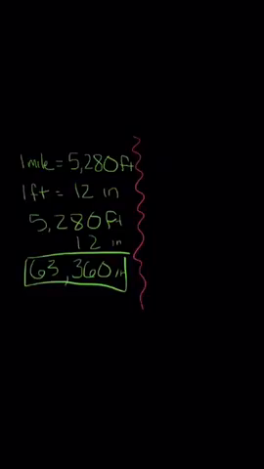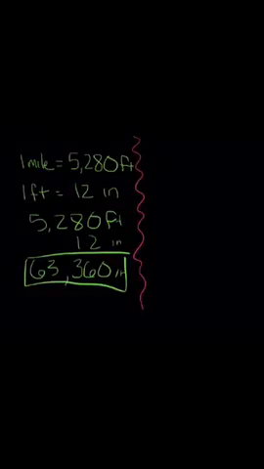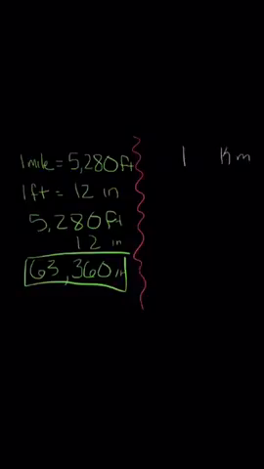Now, let's compare it to the metric system. Let's take the largest measurement we have, which is a kilometer, and let's just deal with 1. And according to the metric system, there are 1,000 meters in 1 kilometer. That's easy to remember. All we had to do was add 3 zeros. Now, we also know that there are 10 decimeters in 1 meter. So 1,000 times 10,